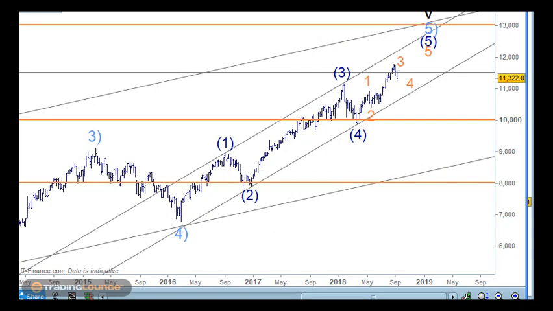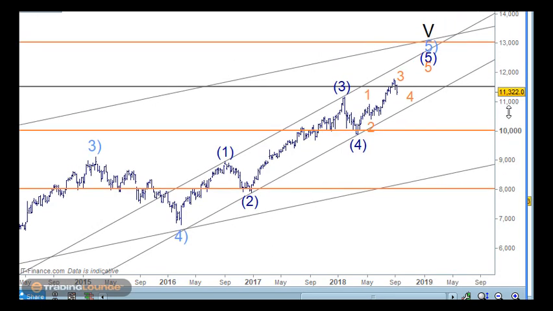India. So this is the bigger picture here. This is the weekly chart. So the 2016 low here, where the US banks started to pick up, and BHP and so on. So wave 1 and 2 here, wave 3 here, wave 4 here. So this is where we are here. So we've got wave 1 and 2 in play, and we're considering this wave 3 in play here, and this wave 4 in play here.